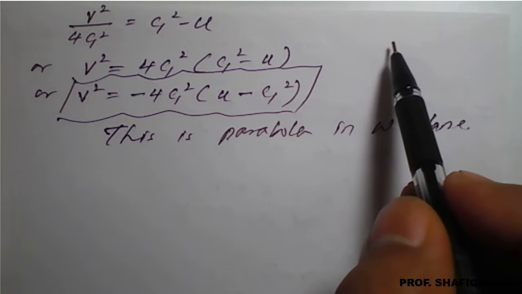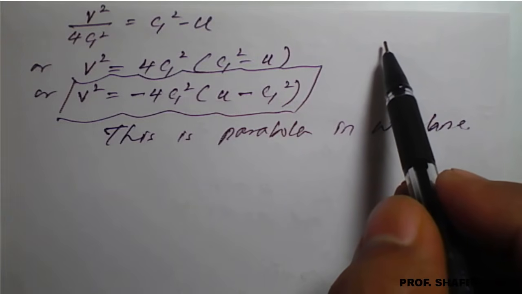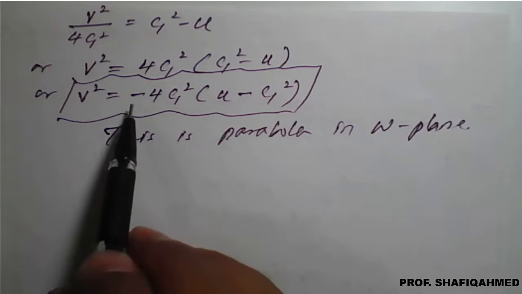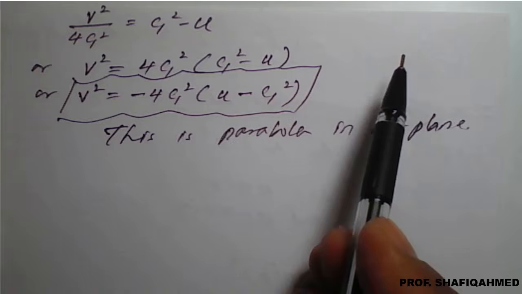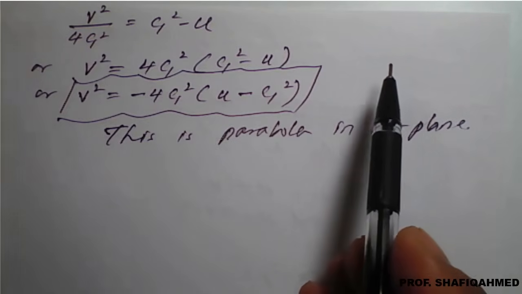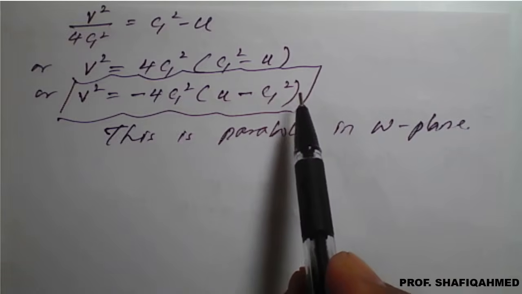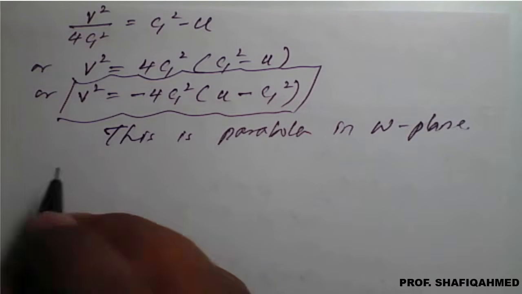So I can say that x is a constant, which means it will take any value, 1, 2, 3. So a line is converted into what here? A parabola. When you take the value of x on the x axis in the xz plane, the line is converting to a parabola. So this is nothing but a transformation.